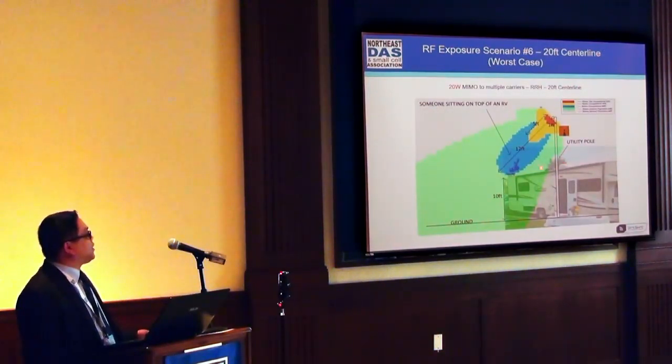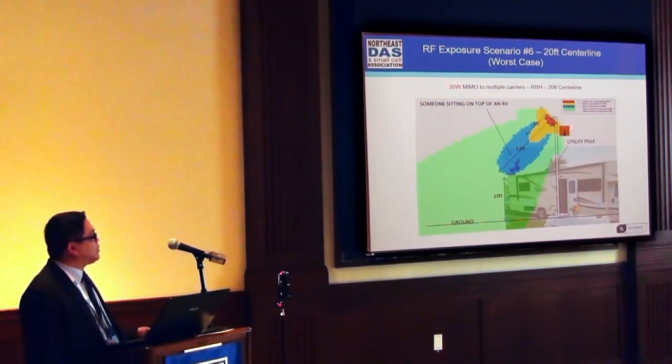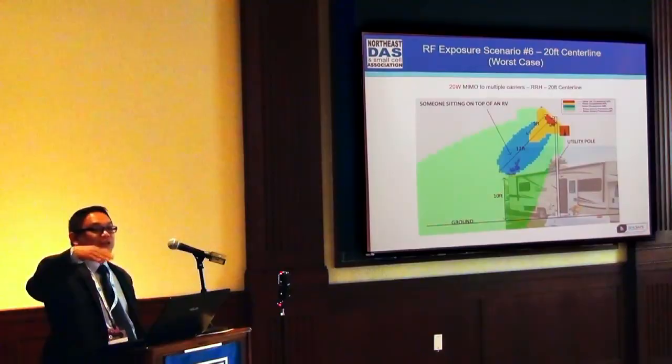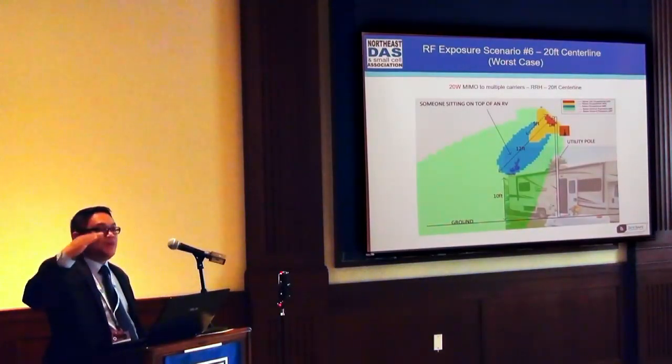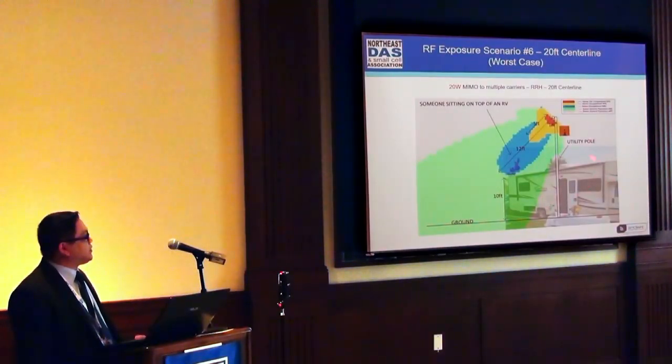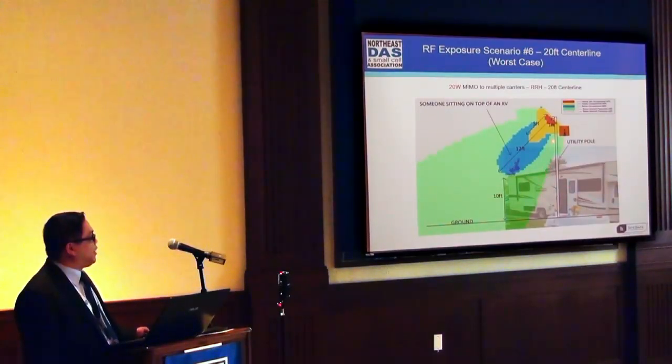This is an example where on a racetrack, you can have poles, and sometimes they limit the height of the pole. The reason they limit the height of the pole is there's a visual impact when you're at the stands to see the race. You want to see the race all around, right? So you have to limit the height of the poles. But they also want to cover the parking lots that are inside the racetrack. And at times, they would require a remote radio head design. And in some instances, there are RVs parked close to where the pole is. And sometimes they actually go and sit on the top of the RVs.